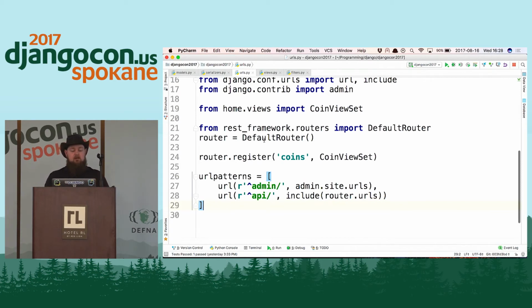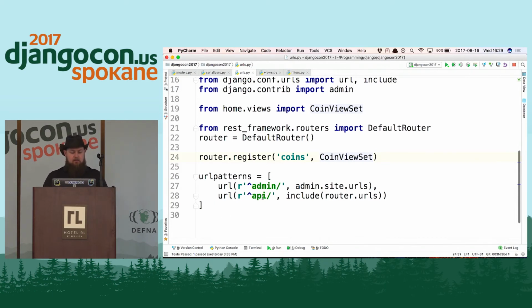But basically, you instantiate a new router, you register a URL point of, say, coins, because we're doing API/coins, and you set the view set that you want to use. Now whatever you have, you're going to do coins slash, and it's going to do everything else. That router is going to figure out, is there an extension on that URL for a primary key? Yes, okay. Now I need to go to that second class-based view, in a sense, to do an update, get the details, or do a delete. And it determines that based on the HTTP verb. So it's a very smart little system.